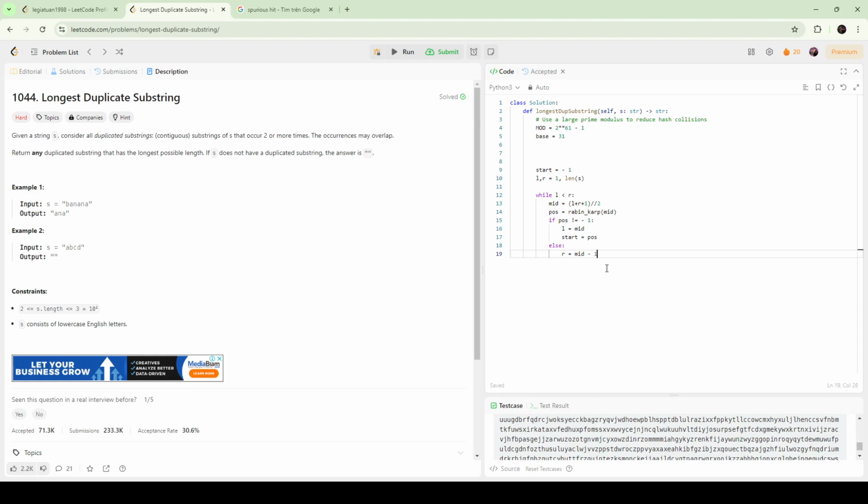You already know, if a substring of size k is not valid, then a substring of size larger than k cannot be the answer, right? And then we are going to return empty if start is equal to -1, else s[start: